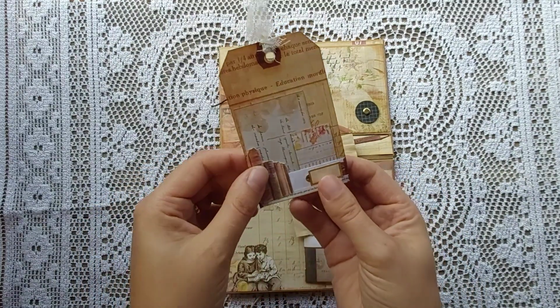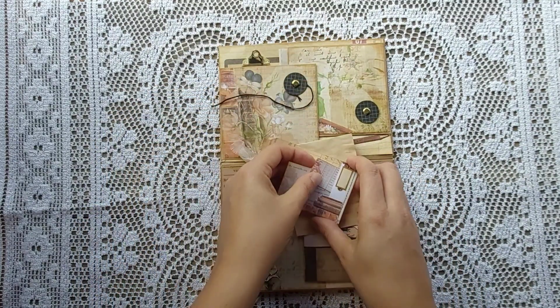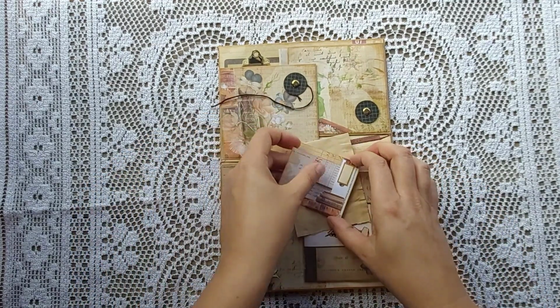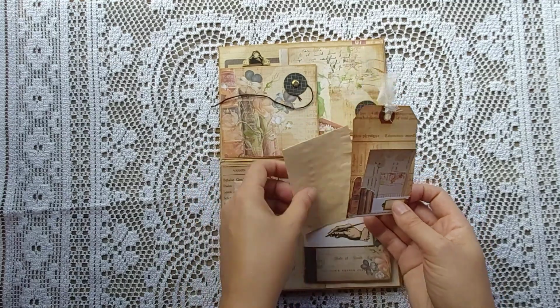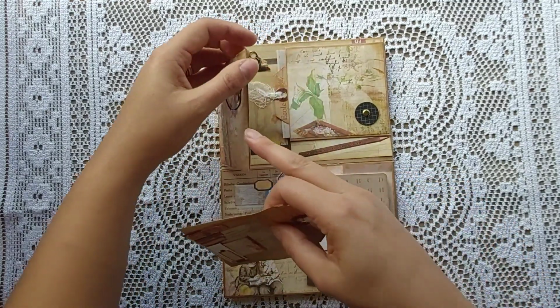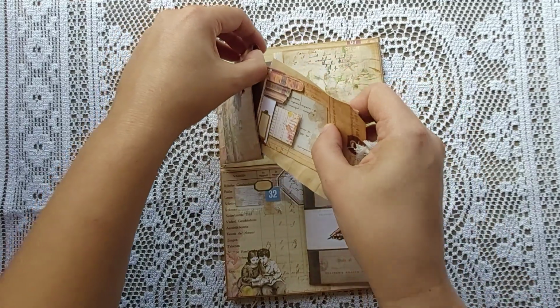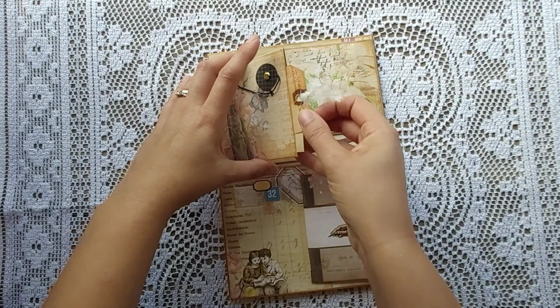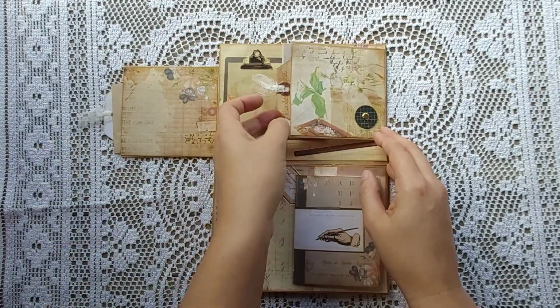To make them short enough to fit in the pocket, I did fold up the bottom to create a mini tuck spot, where again I've put some of the smaller fussy cuts and just decorated where obviously it's now white space at the bottom, and then just added some tea dyed paper for a little extra piece of writing. And then it just tucks back in there,